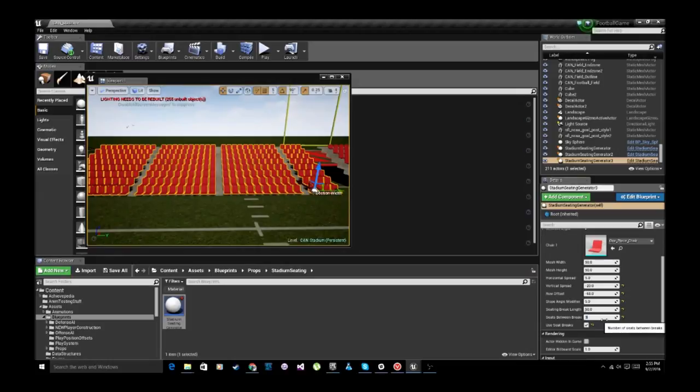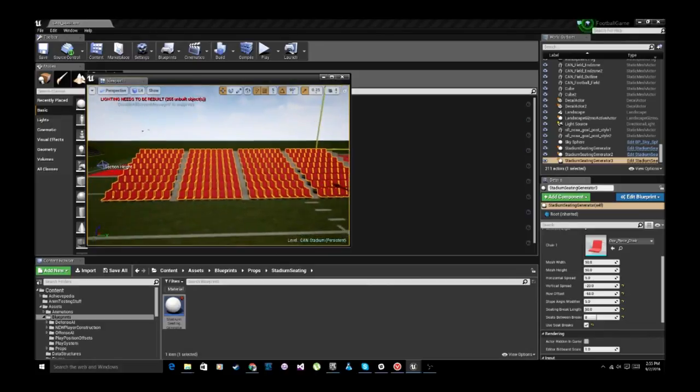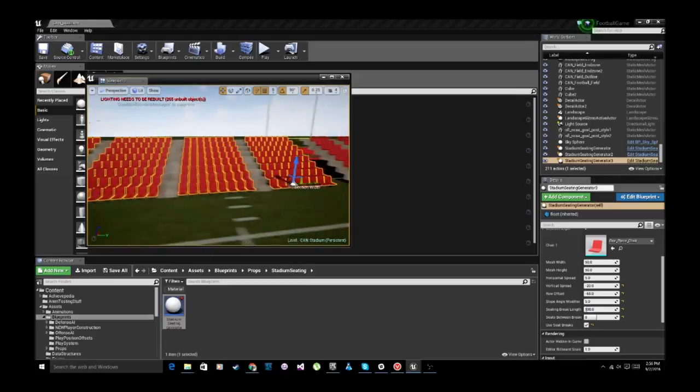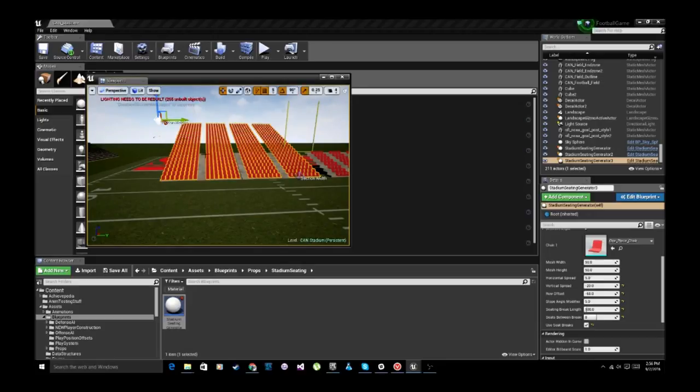So I want a break between every 8 seats. I can just drag this back a little bit, and I've got a break between every 8 seats. Then I want my seating break to be, let's say, 100. Give everybody a nice big distance between the rows. There you go. And these are all instanced static meshes, so I can just make this as big as I